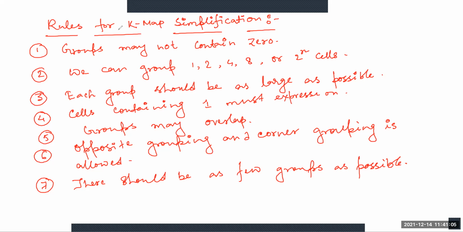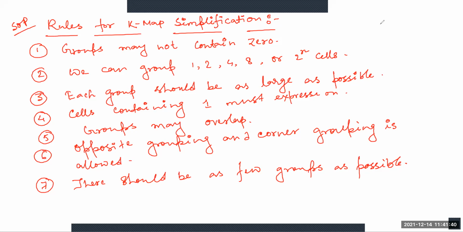Is there any doubt? So we will see here. सर पीओएस वाला एक बार और बोलिएगा, क्या बोले पीओएस के लिए? हम बोल रहे हैं यहाँ पर फर्स्ट जो पॉइंट देखो है, यहाँ पर ग्रुप्स मे नॉट कंटेन 0. सो 0 नहीं होगा तो 1 होगा. हेलो, यस सर. तो 0 नहीं होगा तो 1 होगा. ठीक है, हम यहाँ पर ही एक्सप्लेन कर रहे हैं.